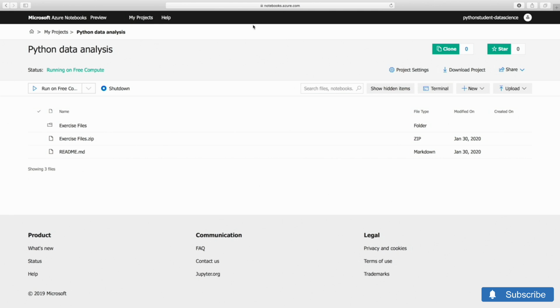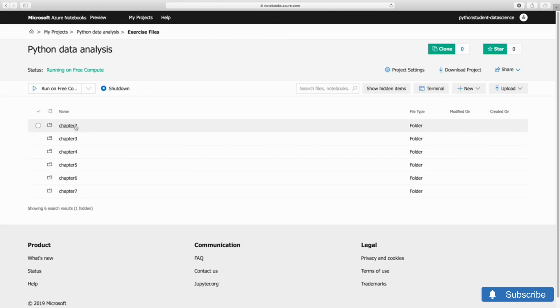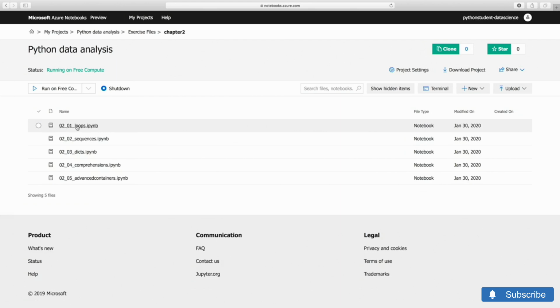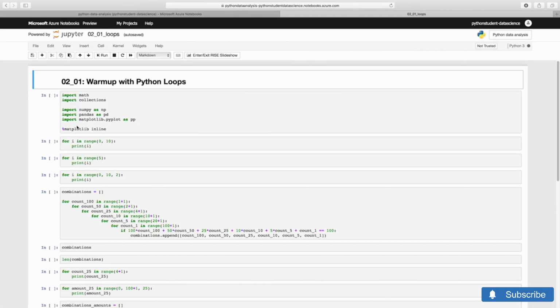For instance, I can look inside the exercise files for Chapter 2 and select the first notebook. Azure notebooks can be somewhat slow when loading and writing files, but don't worry, you'll get there. Also, as we speak, the default Python on Azure is 3.5, which is too old for this course. Hopefully that will change soon.